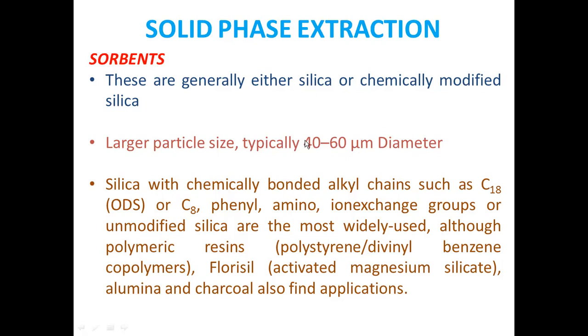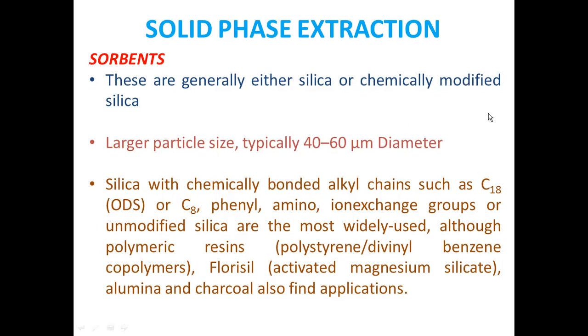So because of the particle size, not only the nature of surface chemistry of the sorbent, but also the particle size is very important, especially in the separation of the solute based on the size. The ionic size is very important. So what is the pore size of each and every particle of solid phase sorbent? That is also very important. So larger particle size of the sorbent is also a deciding factor in order to succeed the separation process.